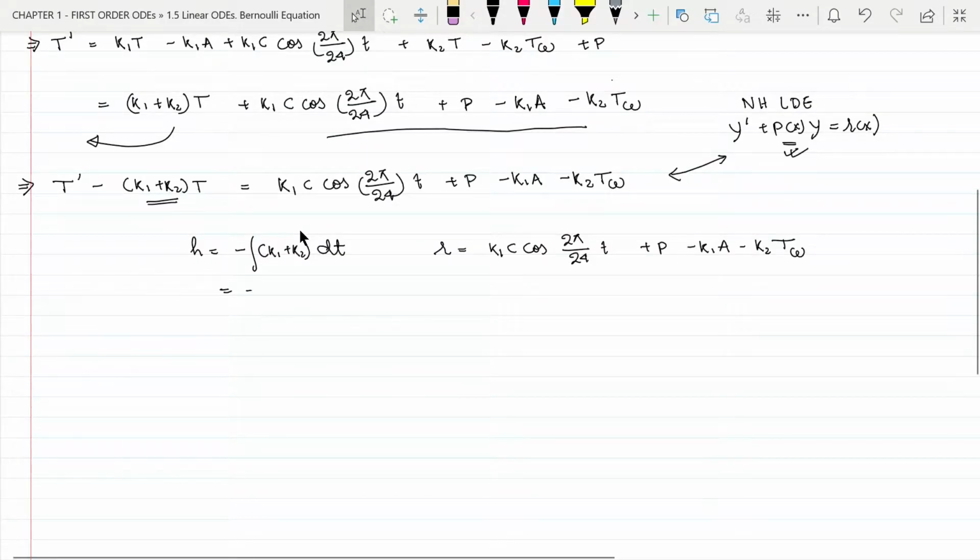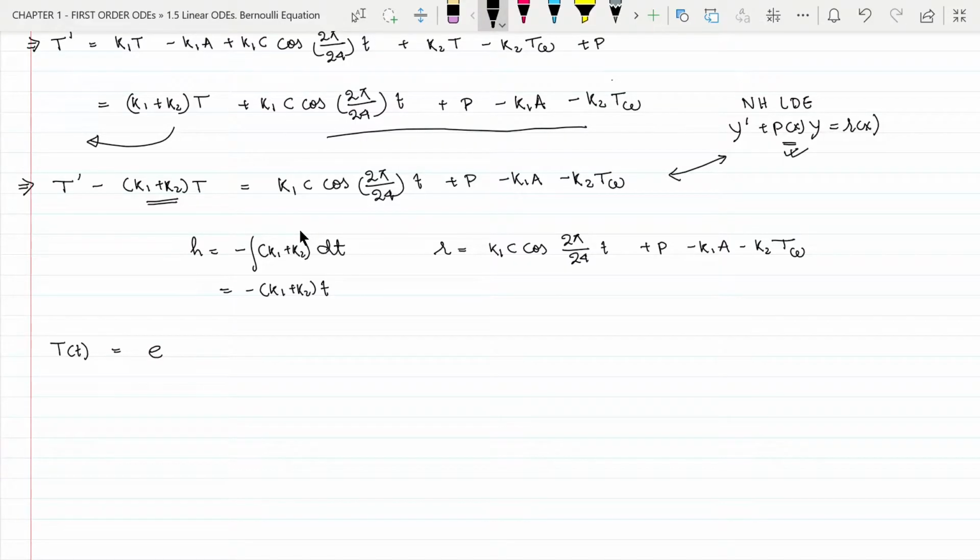H can be written as minus K1 plus K2 t. So now we can write the solution, that is T as a function of t, equal to e to the power minus h, where h is minus K1 plus K2 t. So this is e to the power K1 plus K2 t